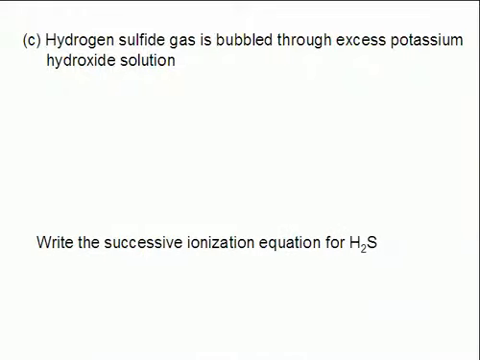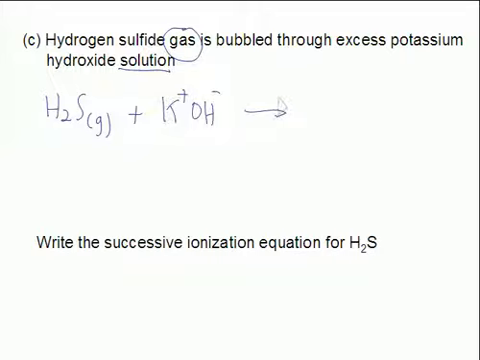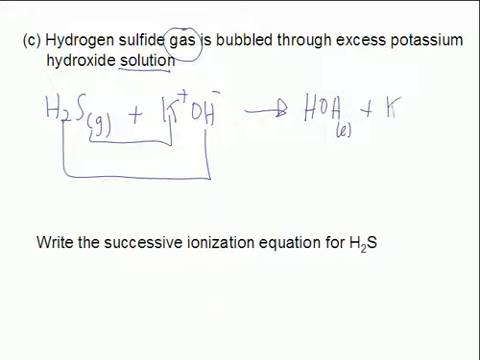B or C, hydrogen sulfide gas. Okay, it's a gas, so it's not going to be separated. You're going to keep it together. Is bubbled through excess potassium hydroxide solution. We're going to write that in the ions. It's a strong base. I see ions, so I'm going to connect and cancel. In this case, I'm going to get water, HOH, liquid, and I'm going to get the soluble potassium sulfide. Potassiums are going to cancel,